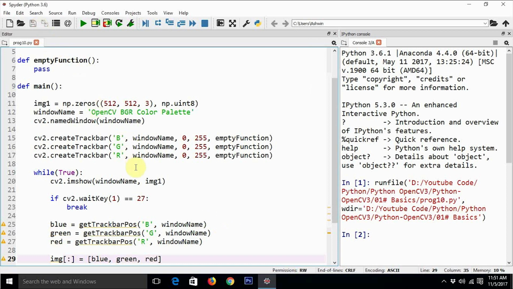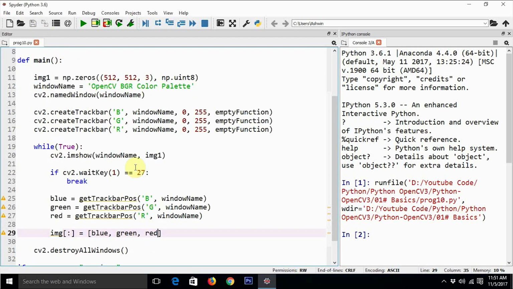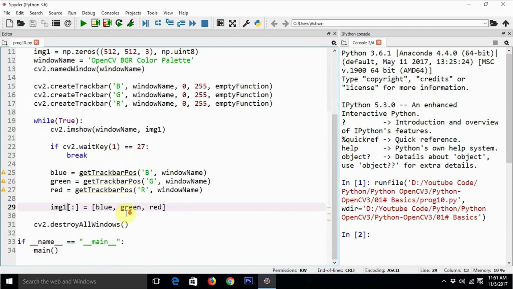As all of us know, OpenCV displays color images in blue, green, and red format. So let's now execute this code and see what happens. I'm not quite sure. I haven't actually used cv2.